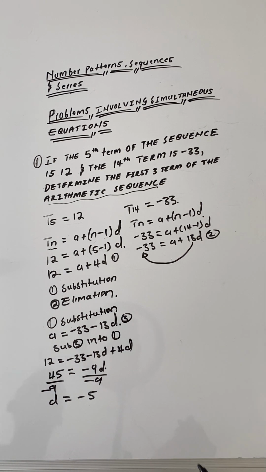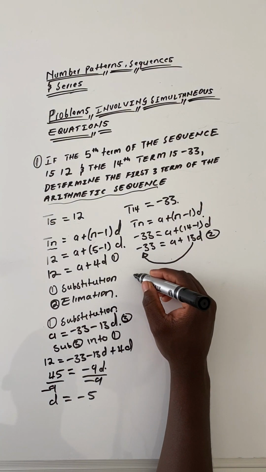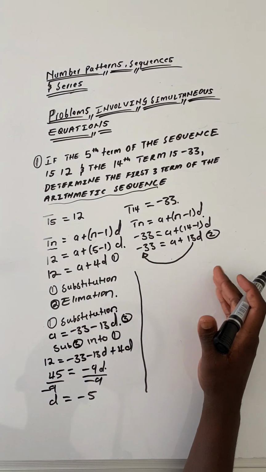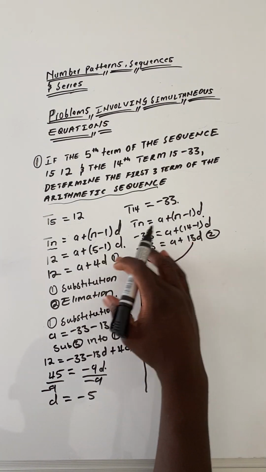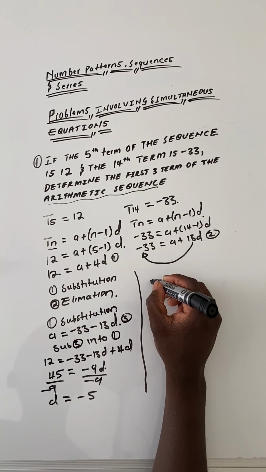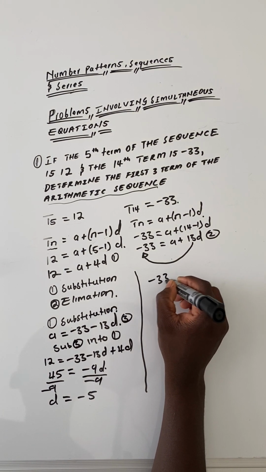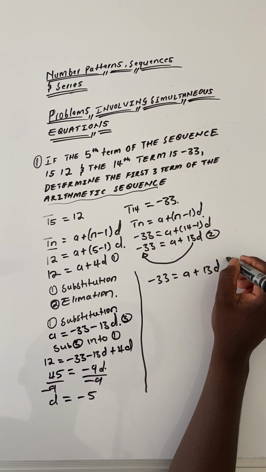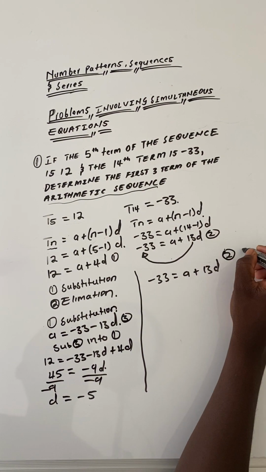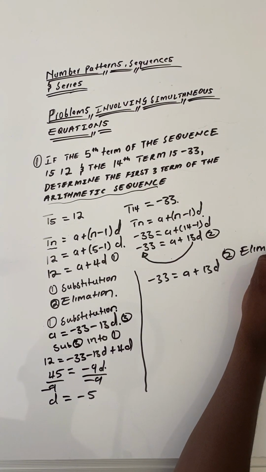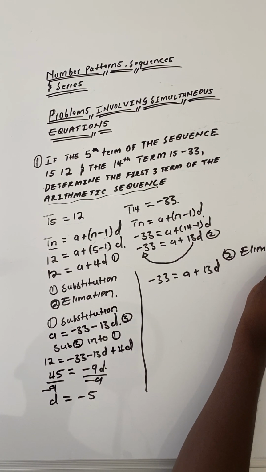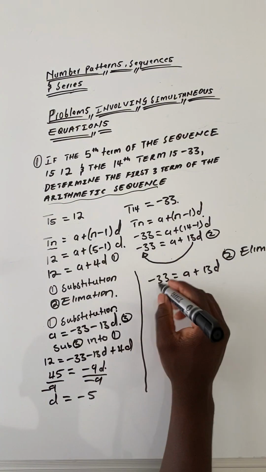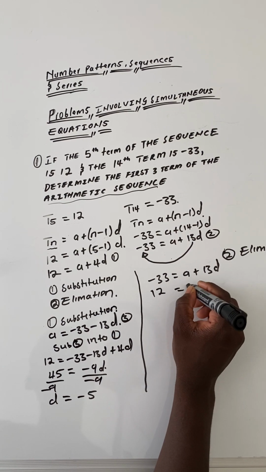So elimination is sort of like what you did, I'd say maybe in your grade 4s and 5s, where you align them. So in this case, you see them in this order. We'll start with -33 is equal to a + 13d, right? So now I'm dealing with the second one, which is elimination. I'm just showing you different ways, right? So I'd put the second one beneath here, so that would be 12 is equal to a